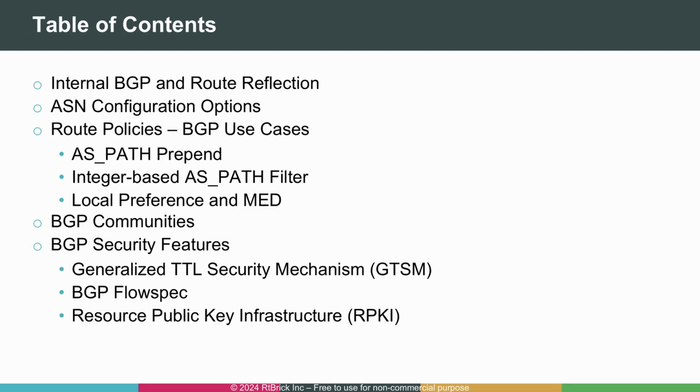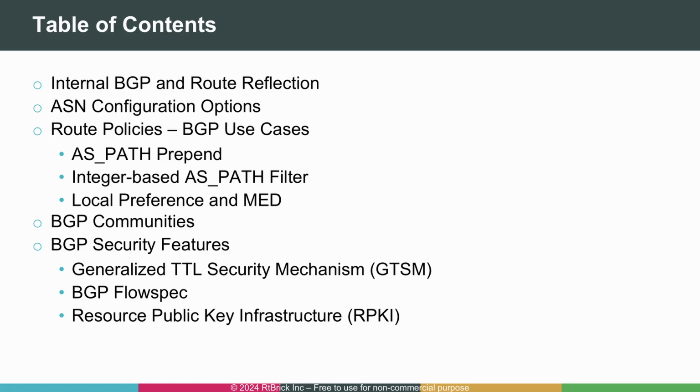Now, let's take a quick look at what we'll be covering. First, we'll explore the differences between internal and external BGP and highlight some key implications. Next, we'll look at settings related to autonomous system numbers. Although route policies are covered in a dedicated video in this series, we'll walk through a few common BGP use cases here to help deepen your understanding. Then, we'll introduce BGP Communities, a concept closely tied to route policies that offers additional flexibility for optimizing your setup. Finally, we'll wrap up with a look at BGP Security Features, including the Generalized TTL Security Mechanism, BGP Flowspec, and